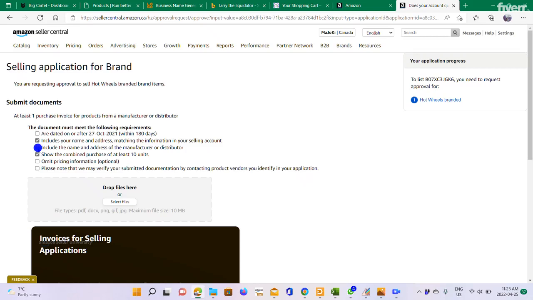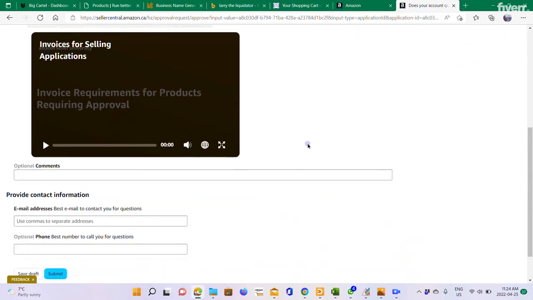You can use any company that you know of around you. You can even do online Walmart shopping and you will get an invoice. I did that to get ungated for my toy section as well. You can hide your price section, which I didn't. I just sent them the full invoice. It also says, please note that we may verify your submitted documentation by contacting product vendors you identify in your application. Okay, once you read all that,